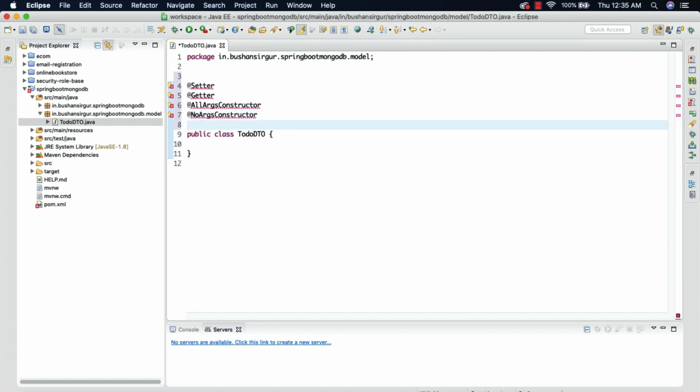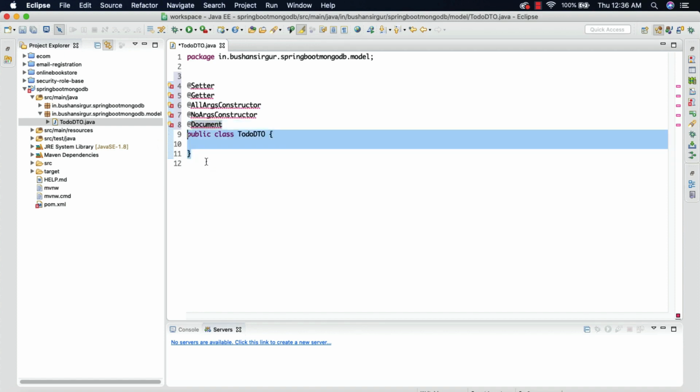And we're going to use one more annotation, which is the @Document annotation. Much like when we are working with a relational database we use @Entity, when we are working with the MongoDB database, or with NoSQL databases, we are going to annotate with the @Document annotation. This entire model class is mapped to a single document inside the MongoDB collection.